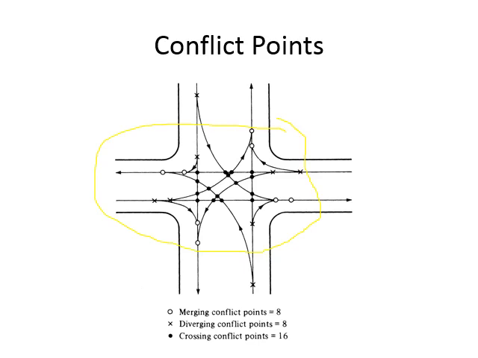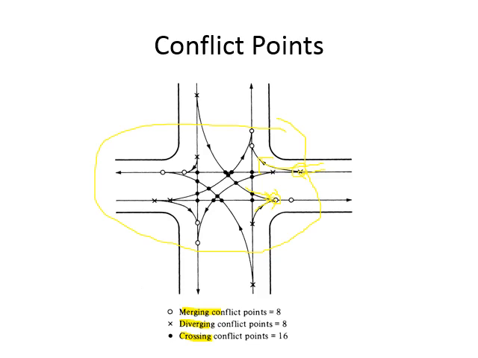At this point you have a person taking a right turn from here, and this person taking a left turn from here, and they are meeting. So this becomes a conflict point. At this point there's a person who wants to go straight, and there's another one who wants to take a right turn. Again they are meeting at this point, so this becomes a conflict point. Conflict points can be of three types. You can have merging conflict points, diverging conflict points, and crossing conflict points. Now what are these?